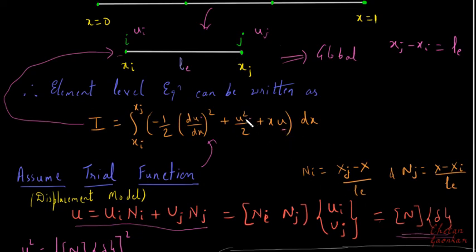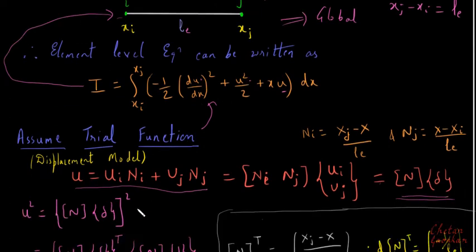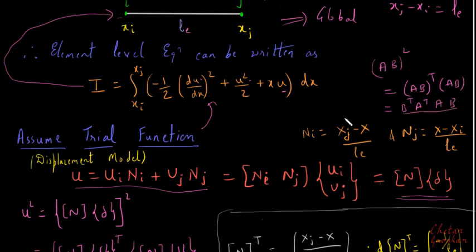But what about this u square? Now u square, I will have to find this way. I will have to square this, and if you remember, if I have two matrices A and B and I want to square them, then I can square it as (AB) transpose times AB, and then further this (AB) whole transpose can be written as B transpose A transpose, and then AB remains as it is. So this is what exactly I will apply here.